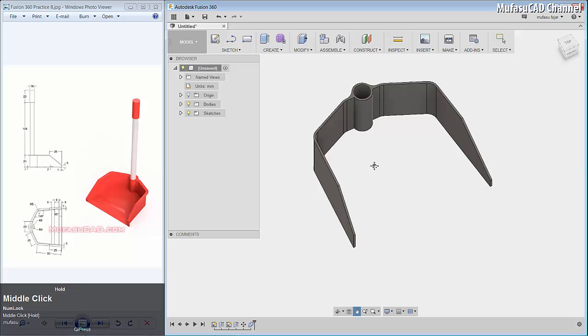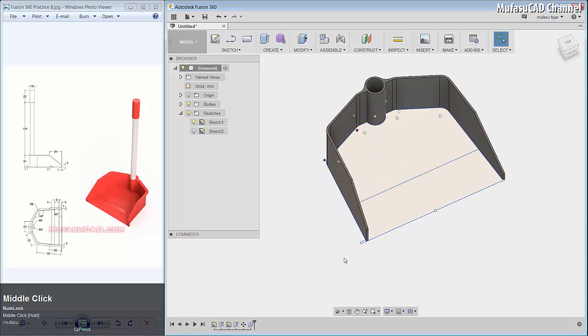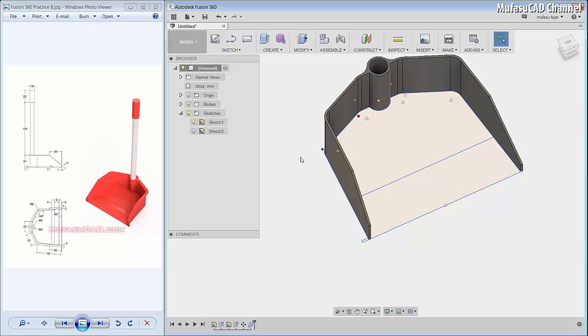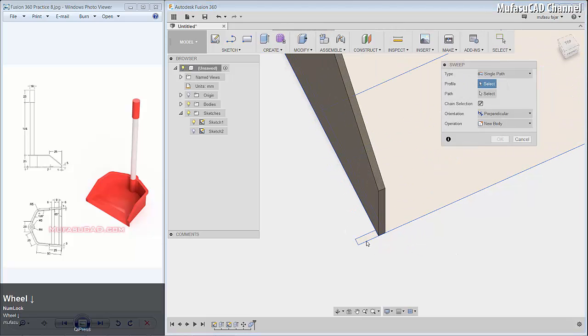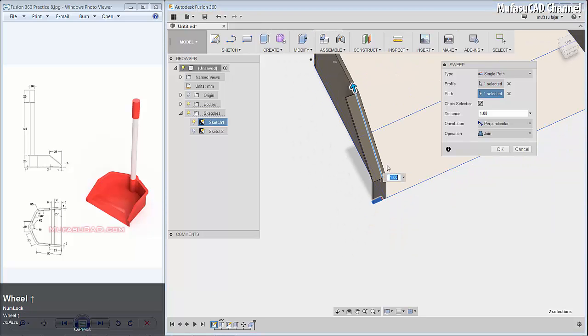Next, I will unhide sketch one and use the sweep command to sweep this object. You can click create here and sweep, select this face, and for the path I will select this edge and this edge. You can zoom out.